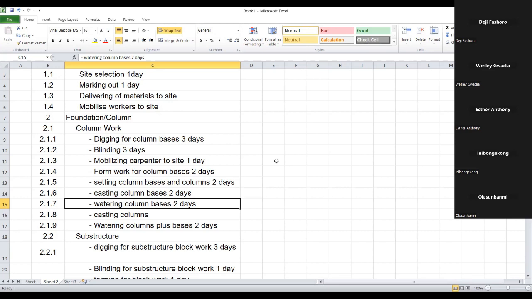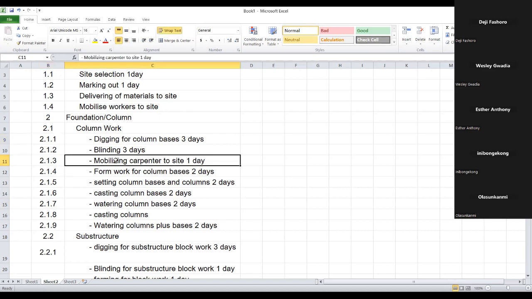Now, I'm doing it manually. It's very, very stressful. So what we are going to do today is that after I've done it manually, we will take it to MS Project after today's class, and we will estimate time and cost, and see how MS Project automatically rolls it up for us. It's automated software that rolls it up, and then you can begin to generate reports, tracking, and do your cash flows, right? Now, foundation work has 3 levels of work package. It's easy to estimate, but let me see something like